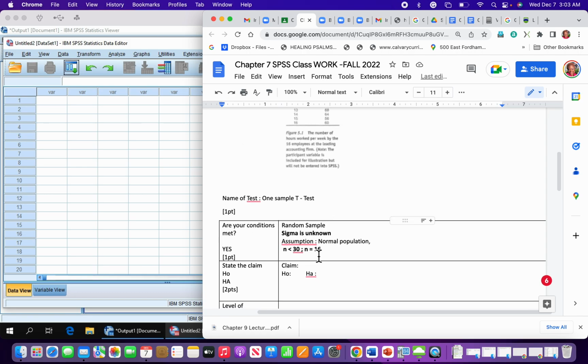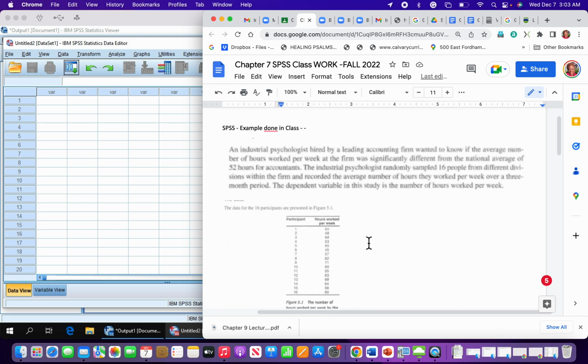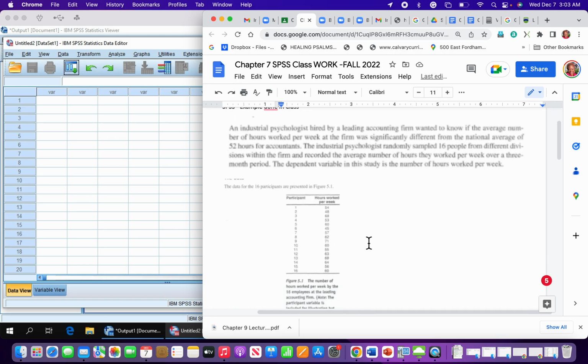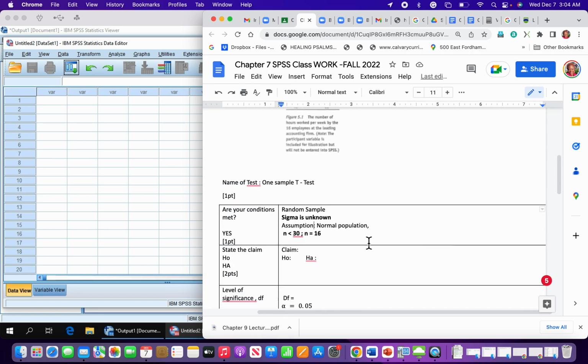So I already know this is a one sample T test. My N is 16. What are the assumptions for a one sample T test? You need to have random samples. Sigma is unknown. And the assumption here is you have a normal population. Right, those are the assumptions. But what is the claim in this problem? It is that the average number of hours worked per week for accountants in this firm